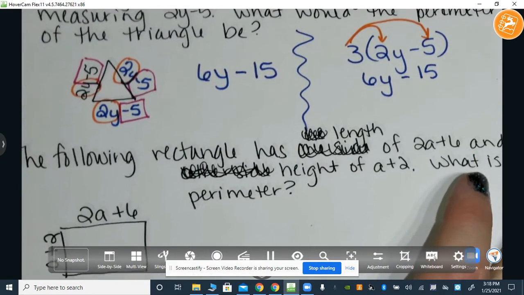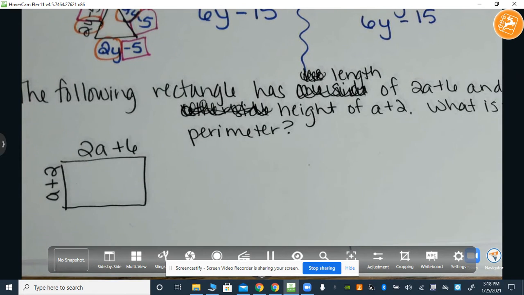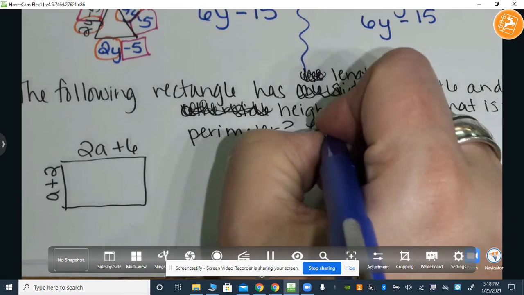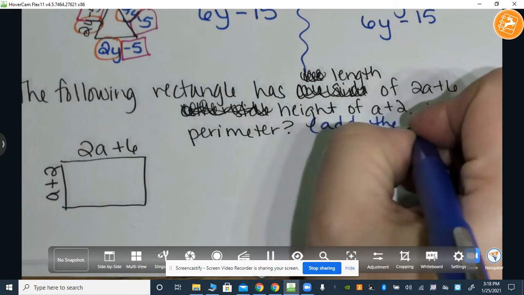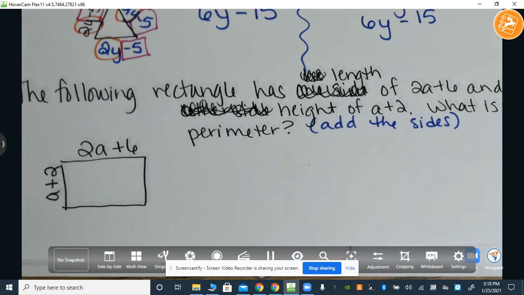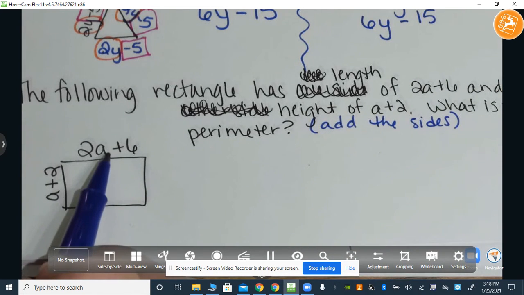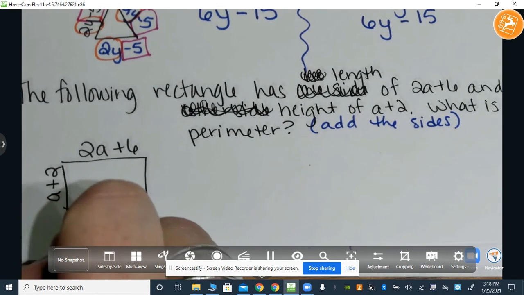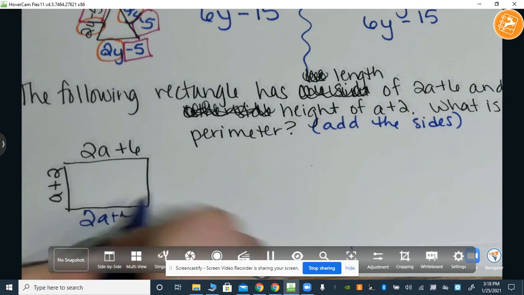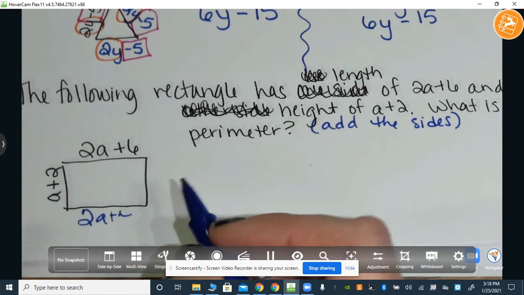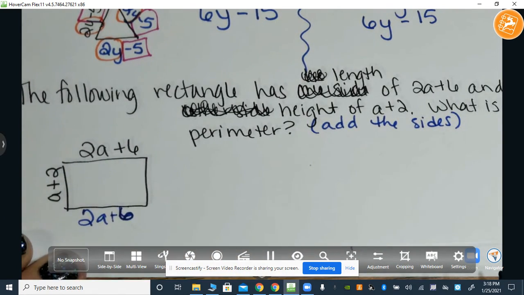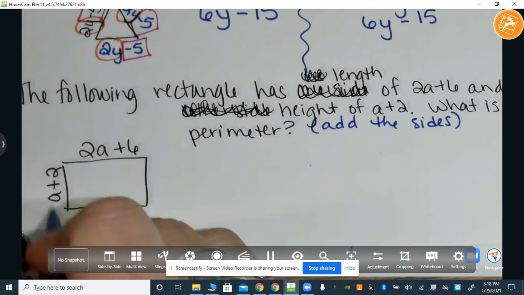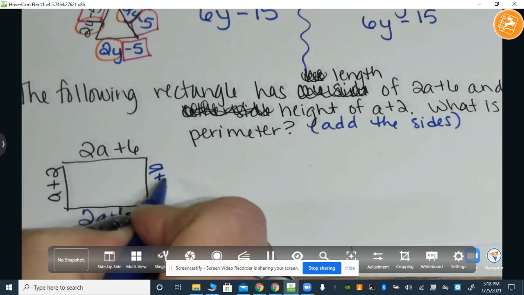Okay. Last one we're going to do. The following rectangle has a length of 2a plus 6 and a height of a plus 2. What is the perimeter? All right. So perimeter means I need to add the sides. Okay. So if I know this is 2a plus 6, across from it is also 2a plus 6. Now this side is a plus 2,